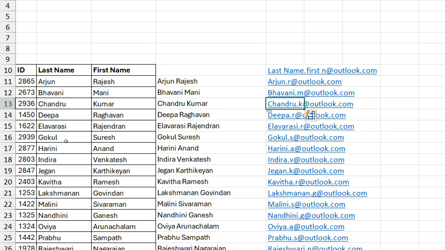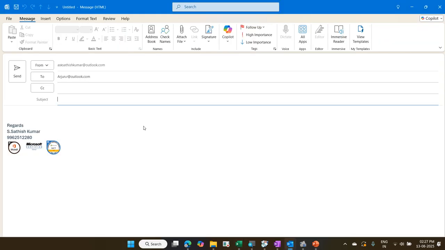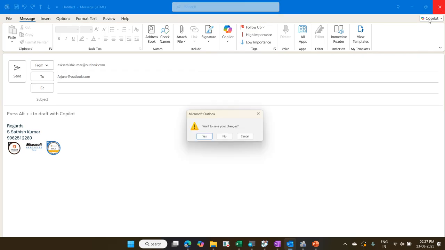And as I told, try with one. If it is not working, at least try with two. Now, I don't know whether you have noticed it. When I click on this, it automatically goes to Outlook. It has automatically created a hyperlink. It will send a mail. This is better actually. But if you don't want the hyperlink,